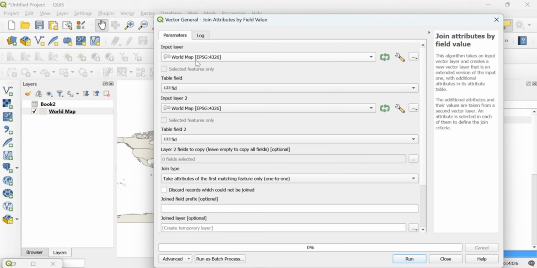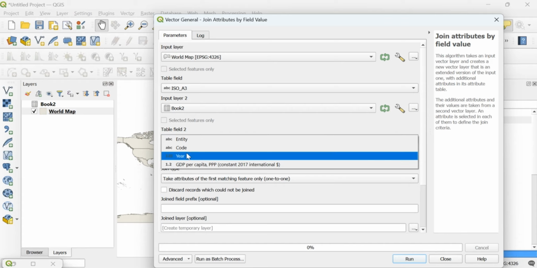Your input layer should always be your polygon. We set that the field we want to join is the ISO A3, and then we also use the book 2, which is 2022 data set.